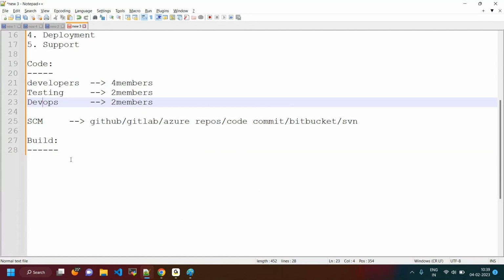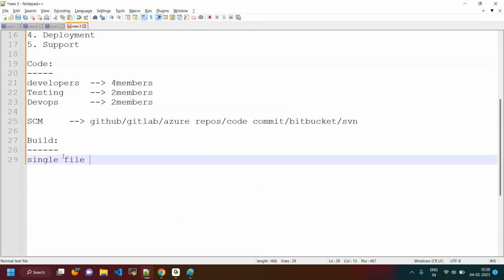We just give some file. We can deploy the applications with the code directly, or else we can create a single file. That particular file can be deployed in the deployment environment. We can deploy this application with a single file, and that is the type of file we create.